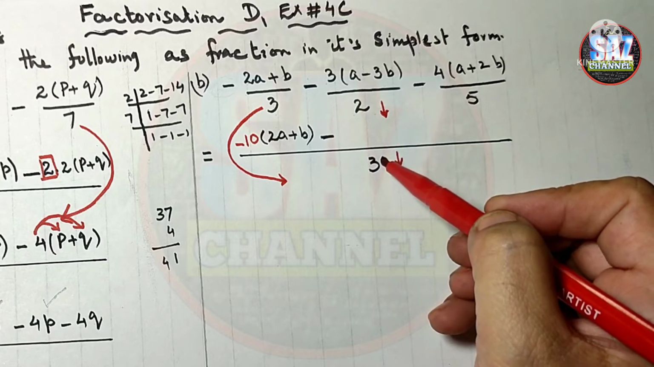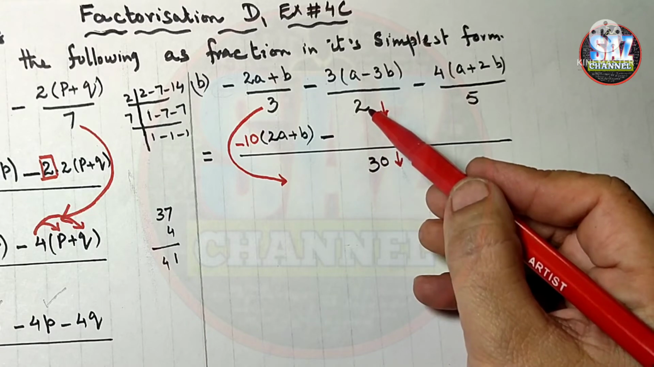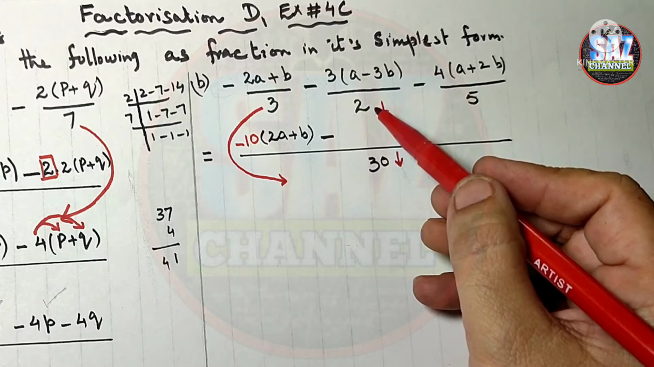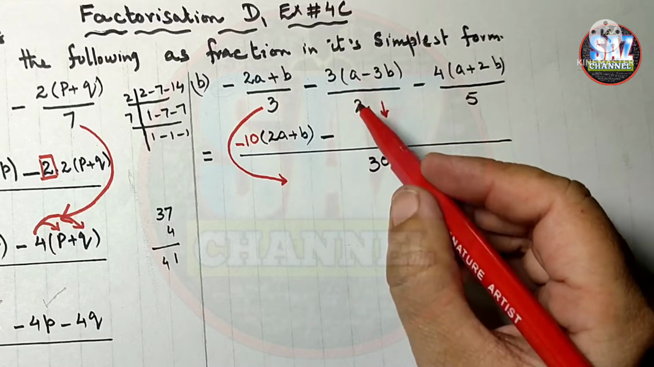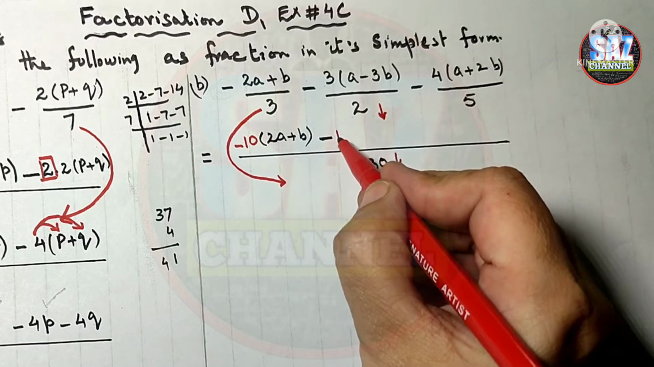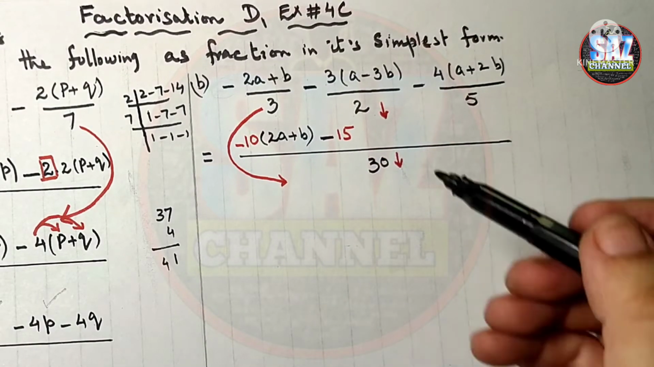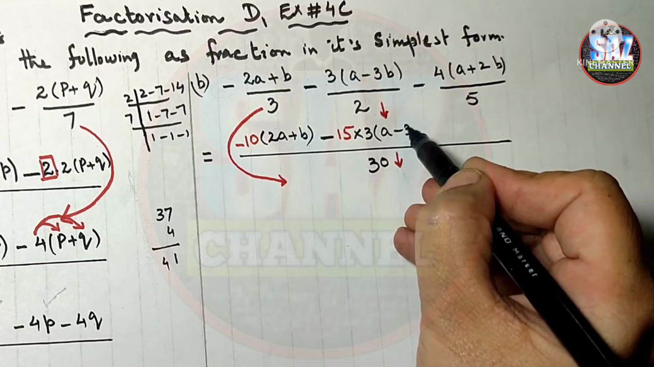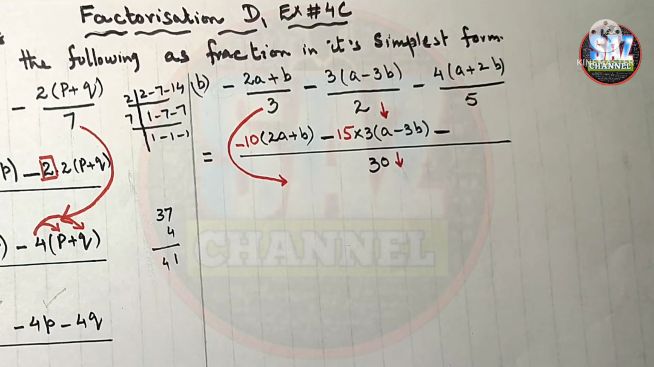Or in easy words, whatever is the LCM, we have to divide that LCM by the denominator, and we have to see what the quotient is. That quotient has to be multiplied by the numerator. So, 2 15 times is 30. So, 15, and this 3 was already there in the question, into a minus 3b. Moving to the last part,